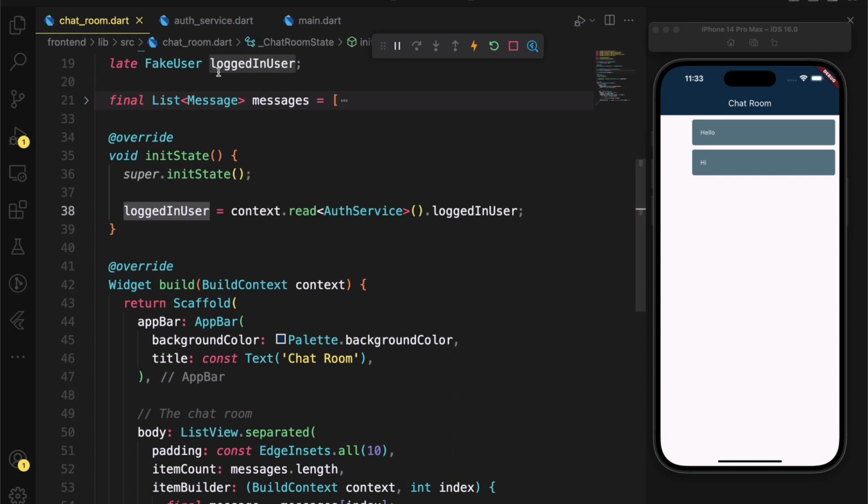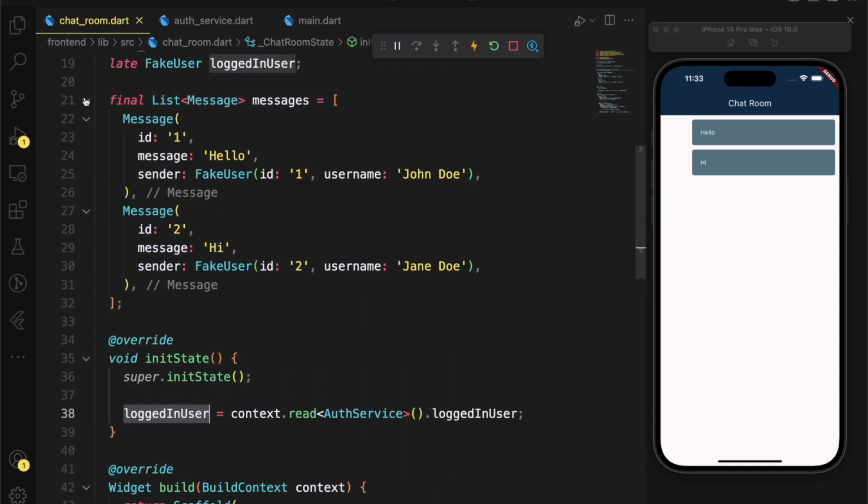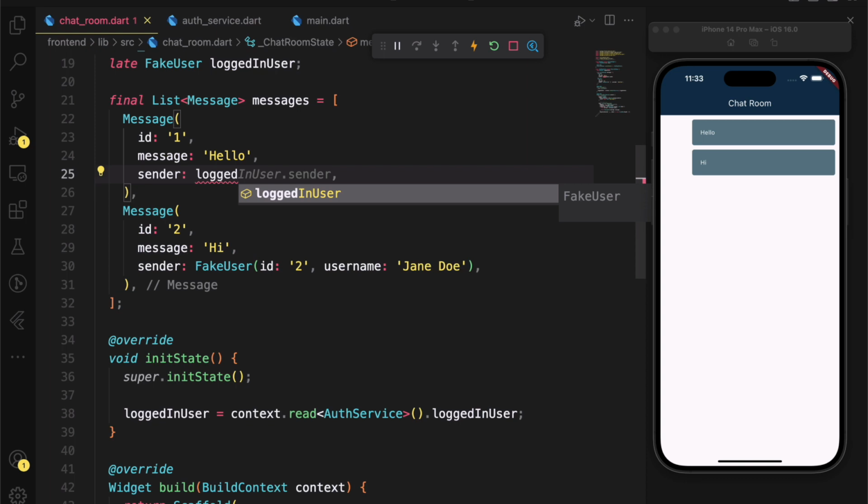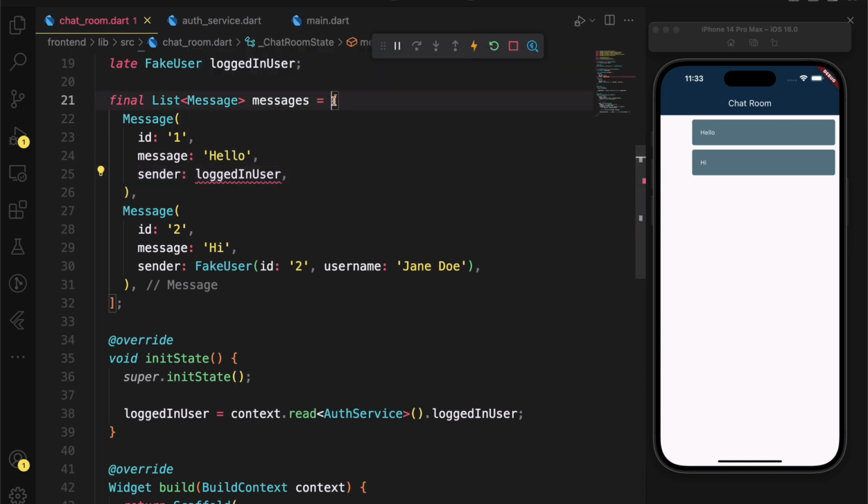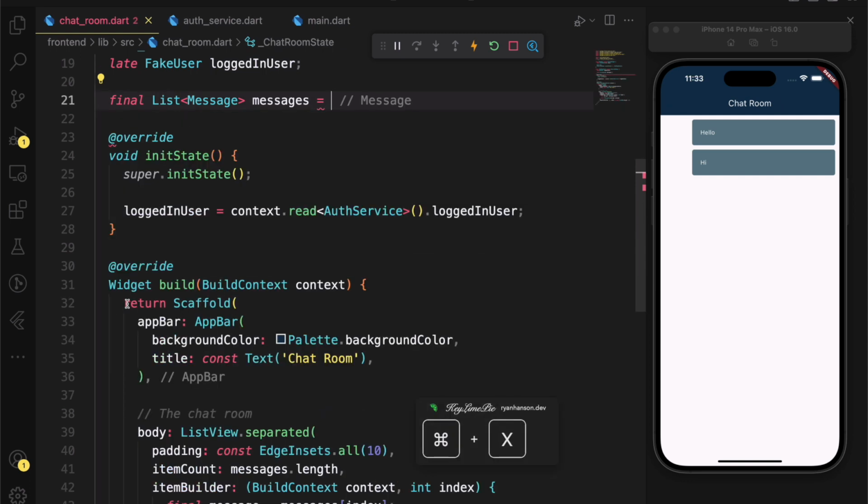And now we're going to use the logged in user in the message. So we're going to modify one of the messages to say the logged in user sent this message. So we're going to get rid of that fake user that we created there, and then we're going to pass the logged in user instead. But at this point, we don't have access to the logged in user. So this shouldn't be final, and we cut out the message.